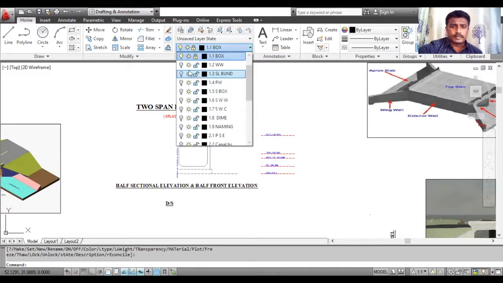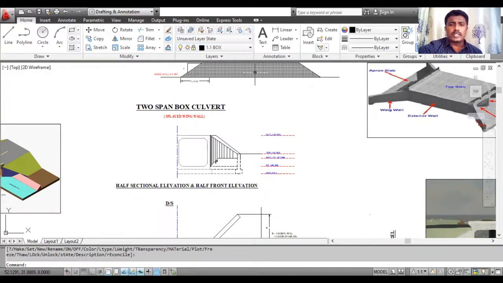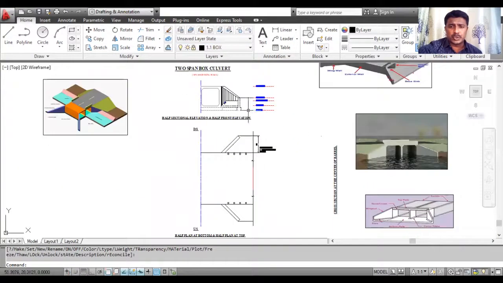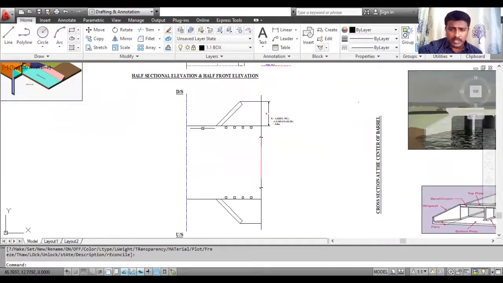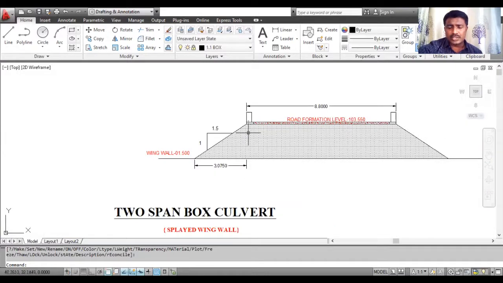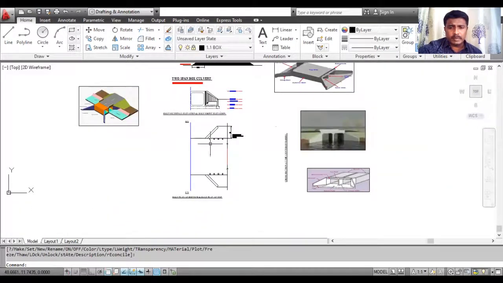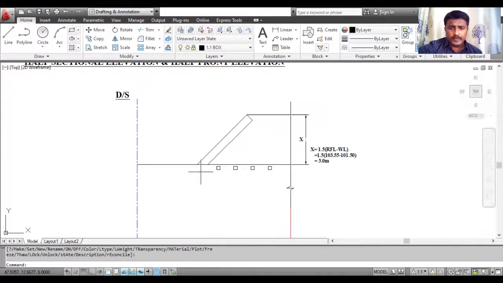Second, draw the wing walls. Wing walls na draw ಮಾಡಬೇಕು ಅಂತ ಹೇಳಿದ್ರೆ, there are two concepts. Before that you have to draw a plan top, or you have to draw a cross section across the road embankment. So there are two concepts. So first concept ಏನಿದೆ,